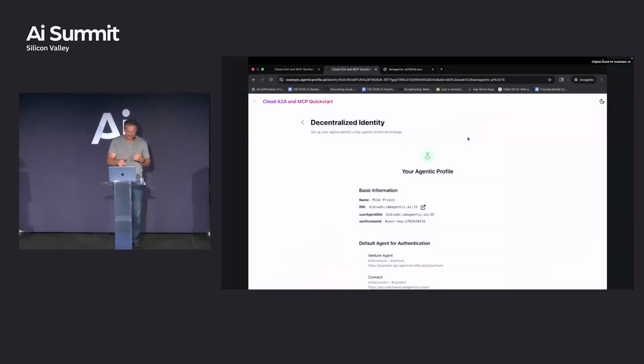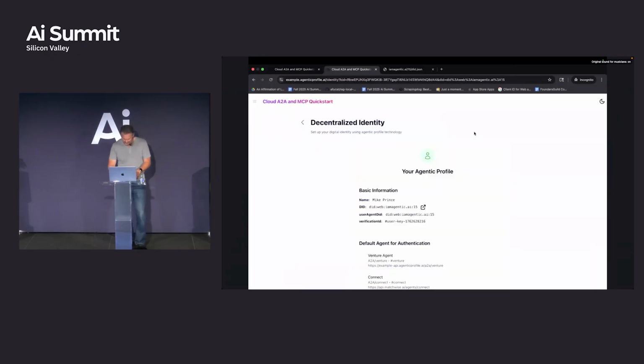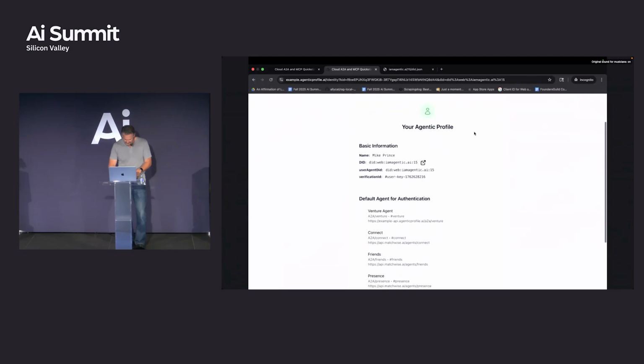Yeah, so this one here is example.agenticprofile.ai, and that'll get you into the home screen on that one. And from there, if you're on a big screen, top left is a hamburger. If you're on a small screen, there are navigational icons across the bottom. If you're on the big screen right now, top left, you have these different agent stuff, MCP stuff, and the settings stuff. Your identity is under settings. So I think that's covered a lot of stuff here.